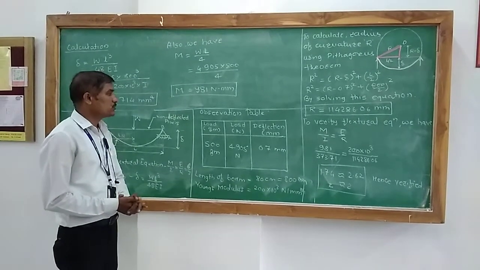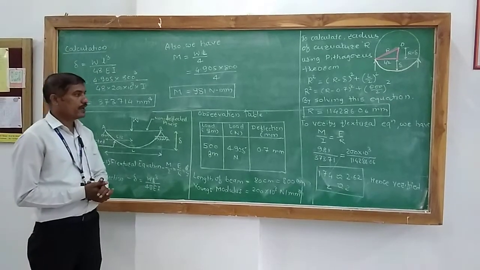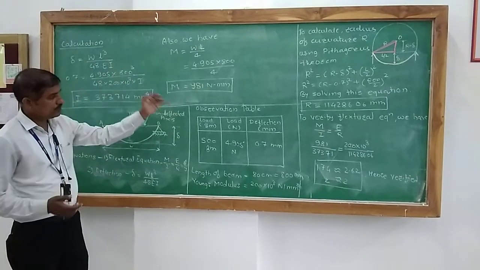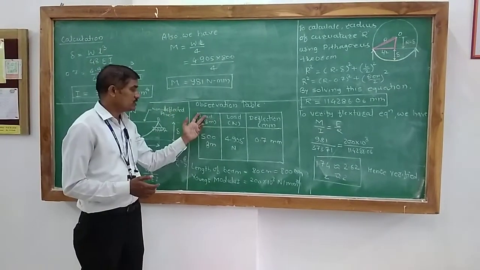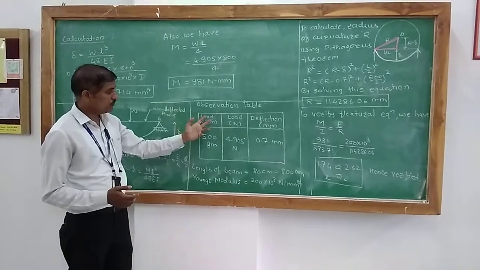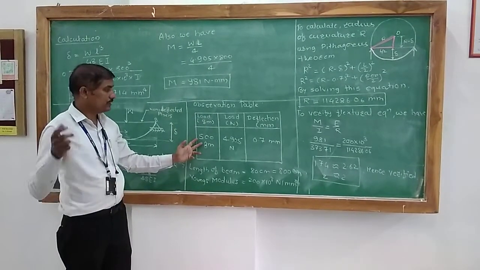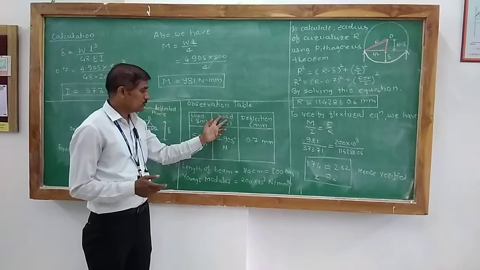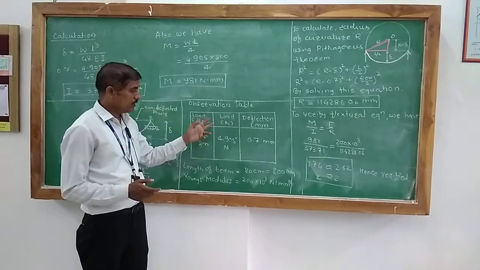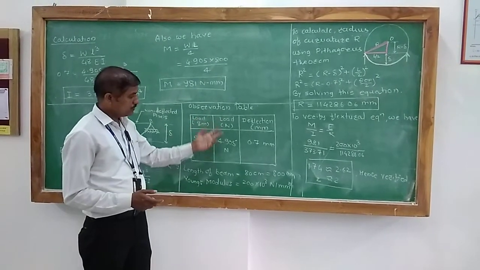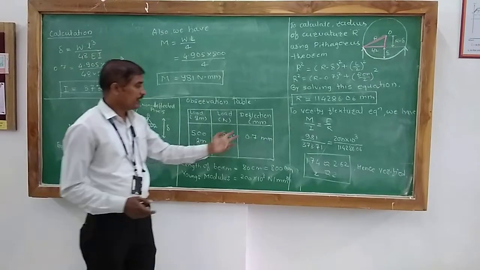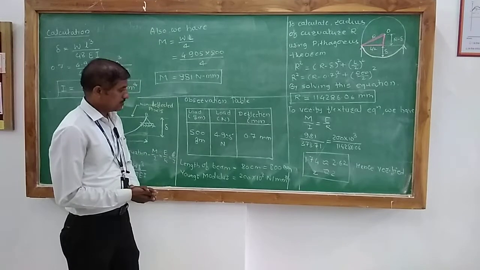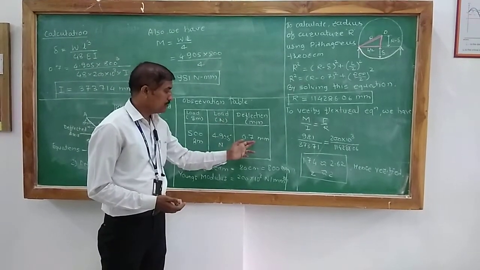Now we will proceed further with the observations we have taken from the experimental setup. In the observation table we will have three columns. In the first column we will take the reading of load in the graph that we have taken. Now we have to convert that load into Newton so that our calculations will be in uniform unit. So that load in Newton we have taken in the second column, and the third column is representing the deflection of the dial gauge. So deflection is in millimeter we have taken here.